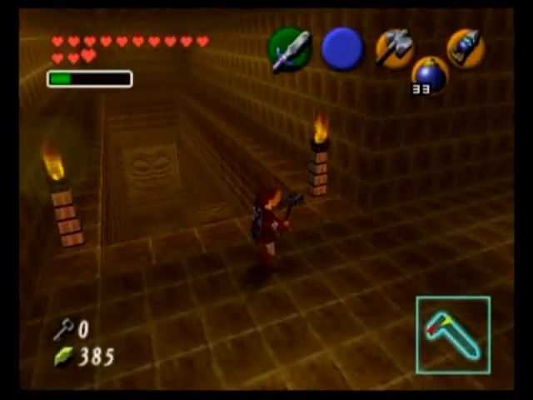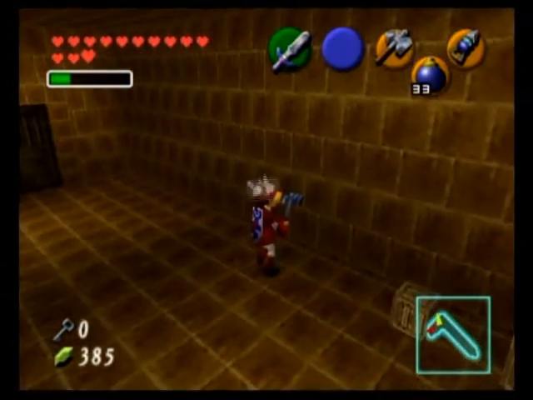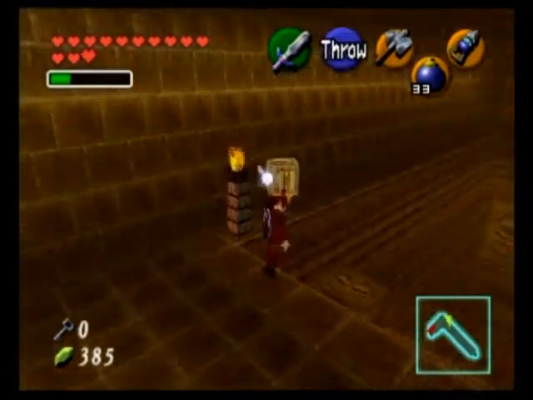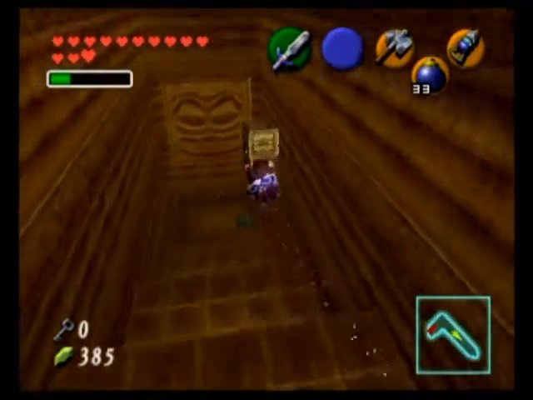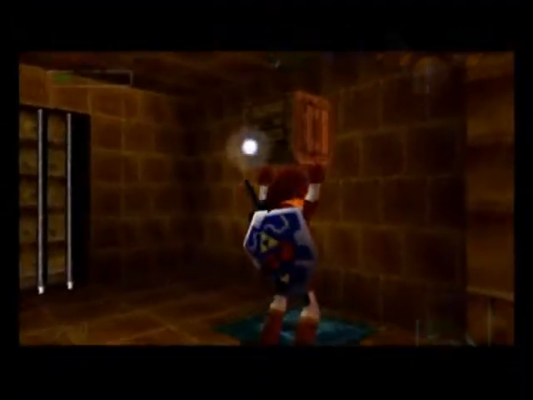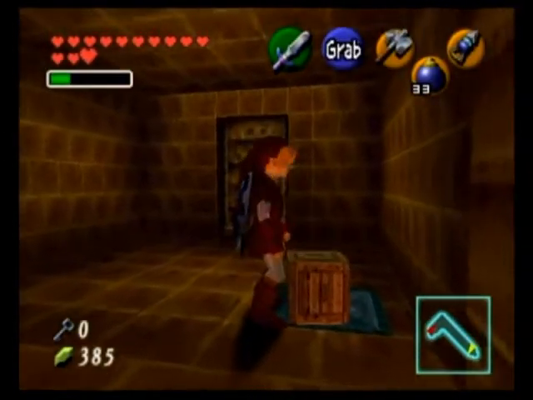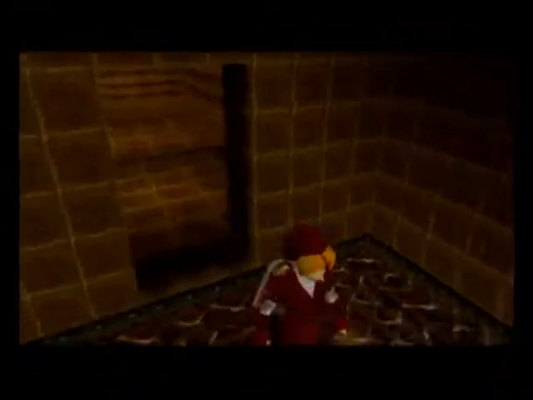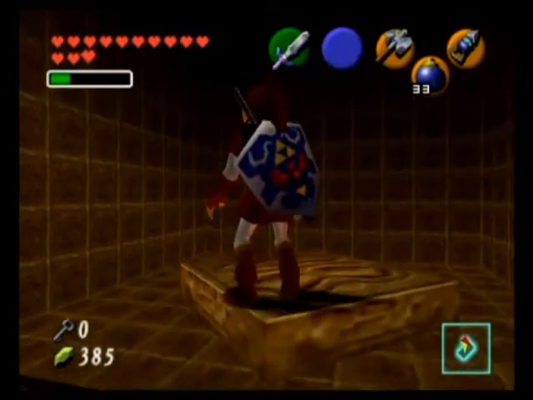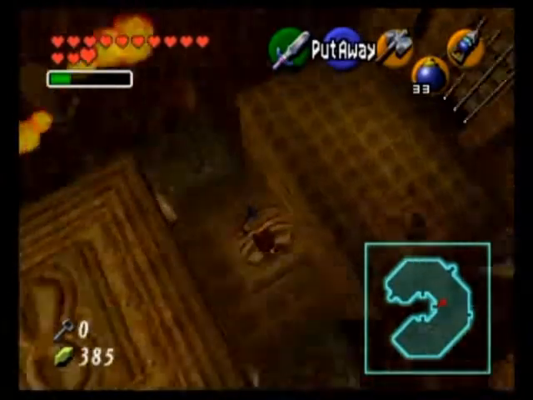Anyway, down there is a blue switch, and from before, blue switches need to have something on it for the doors to stay open. Luckily, there are a couple of crates here that we can use to put pressure on that switch so we can go on. Alright. Now, going through this door right here, it'll take us to this other stone thing and again hit the Megaton Hammer, which will take us down here,